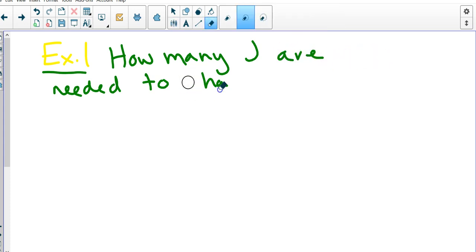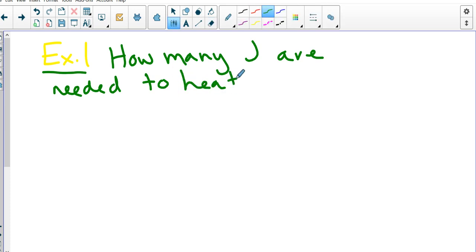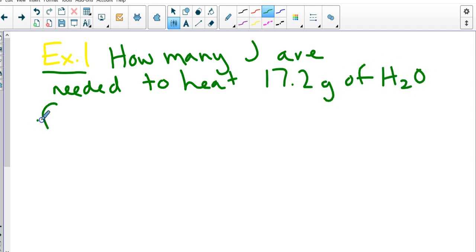Are needed to heat 17.2 grams of water from, we'll go negative 30. Y'all got to realize that the negative part of the graph below 0 could go much lower than 30. Second period thought that meant as cold as water could get. No, baby. 30 degrees to, let's go